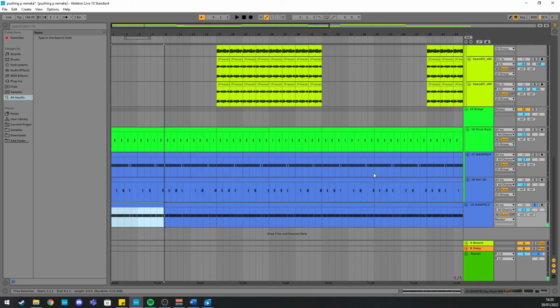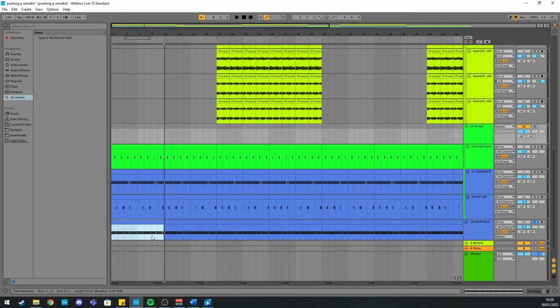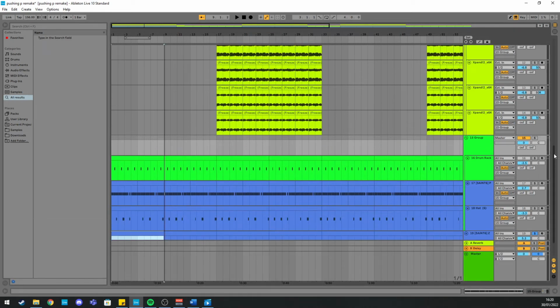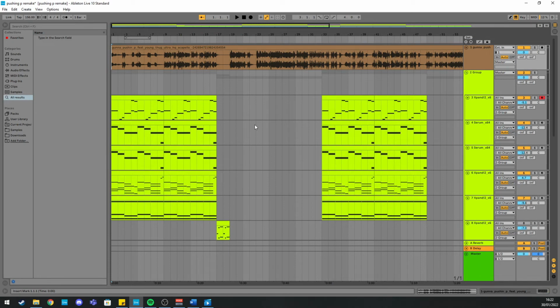And that's it, that's all the drums. Other than that, I've just applied a drum bus, which just gives it a bit more boost to all the drum samples and just makes them a bit louder in the mix so they're really hitting properly. And to all the melodies, I've grouped them together and I've removed some of the lower frequencies just so that the bass and some of the drum samples can really stand out and sound a bit clean in the mix together.